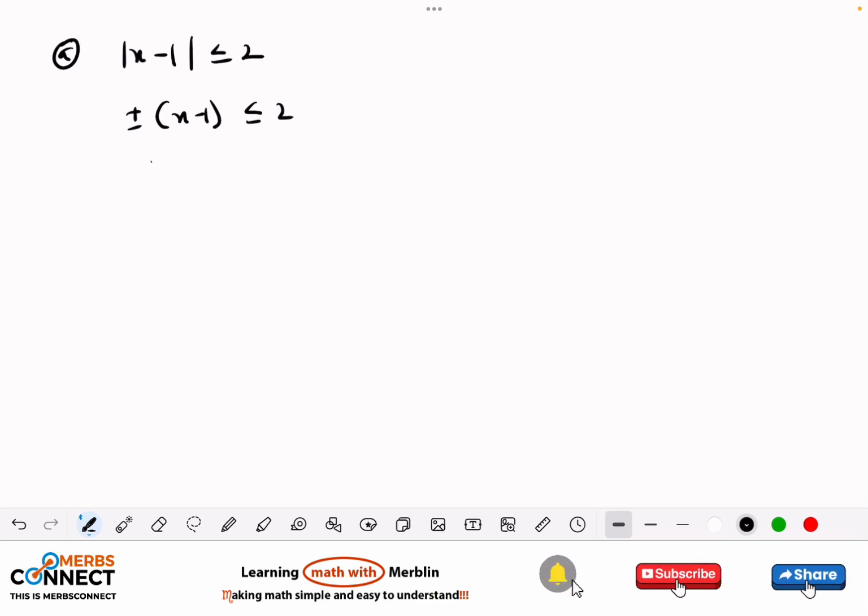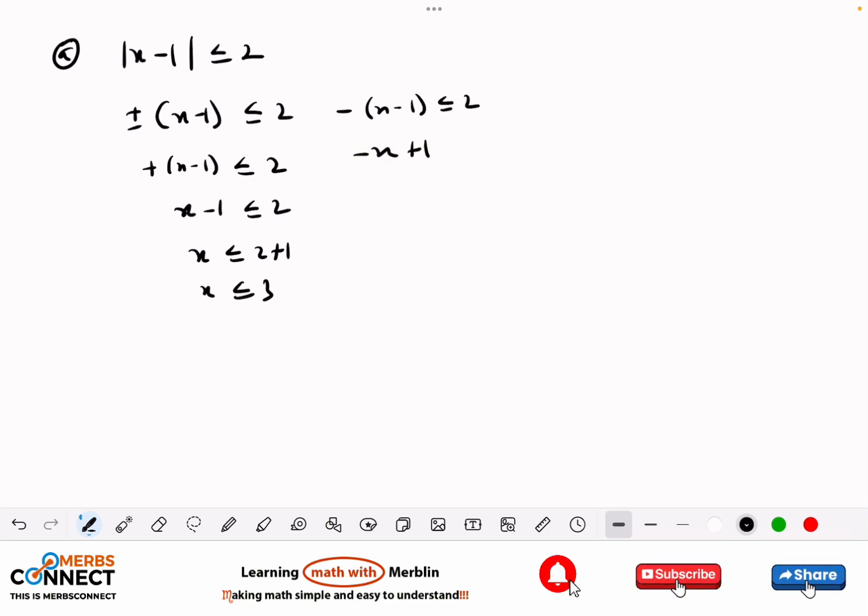So let's confirm, right? Now I'll pick the positive side, x minus 1 less than or equal to 2. So this one will be x minus 1 less than or equal to 2, x less than or equal to 2 plus 1, x is less than or equal to 3. Right. I pick the negative side,